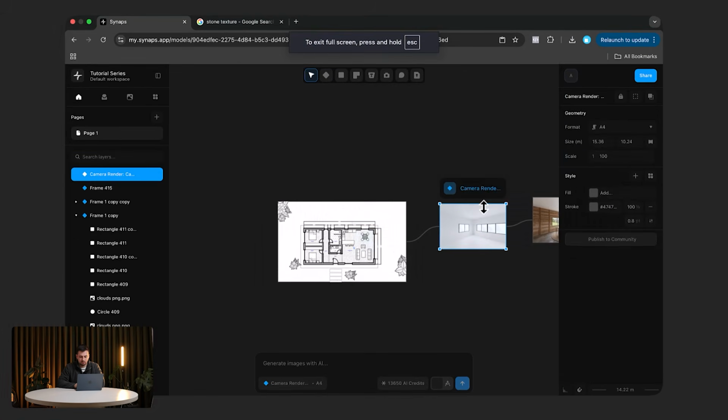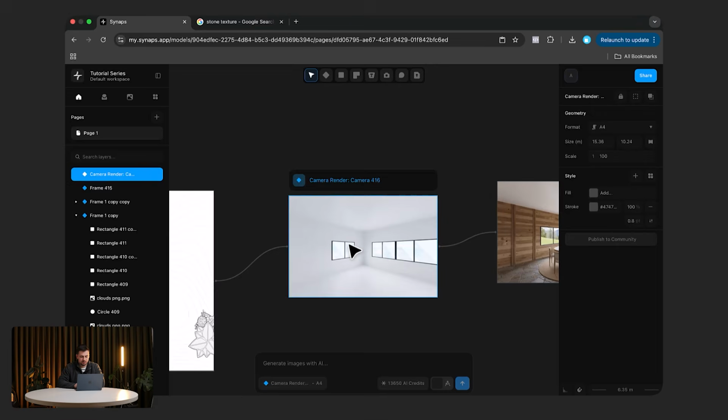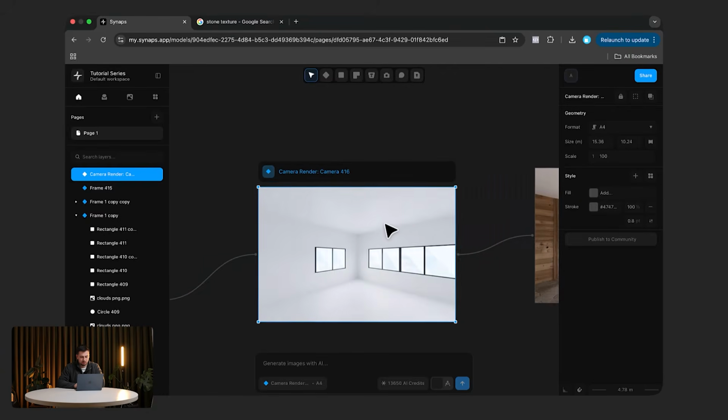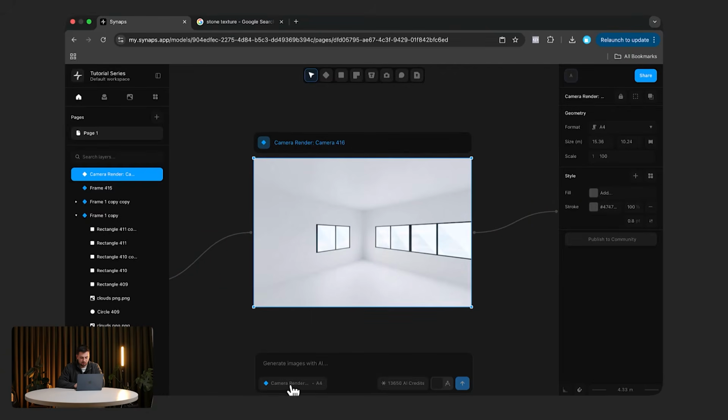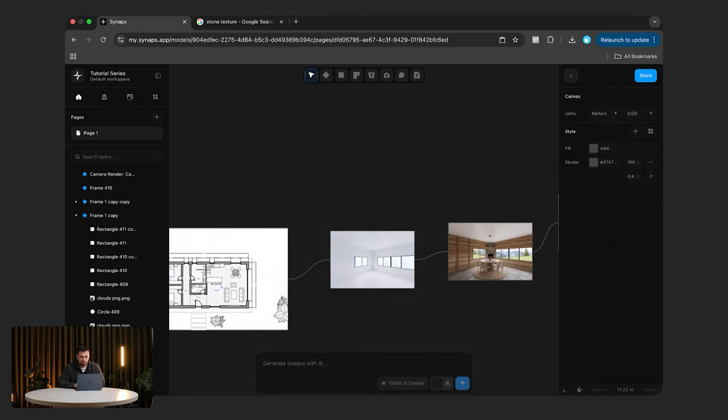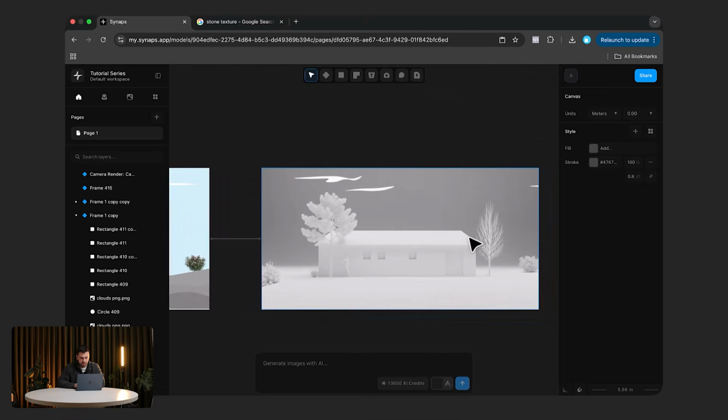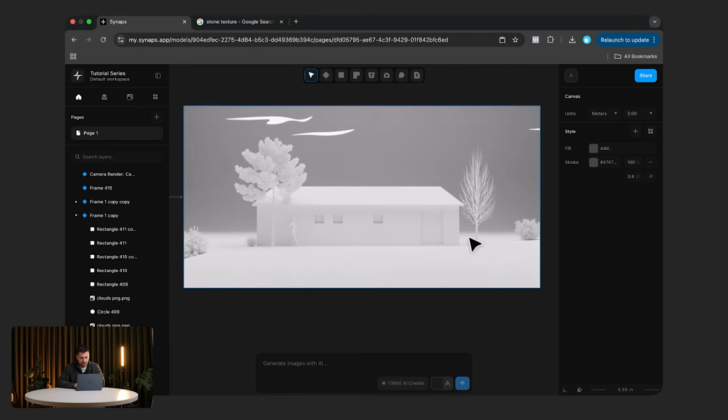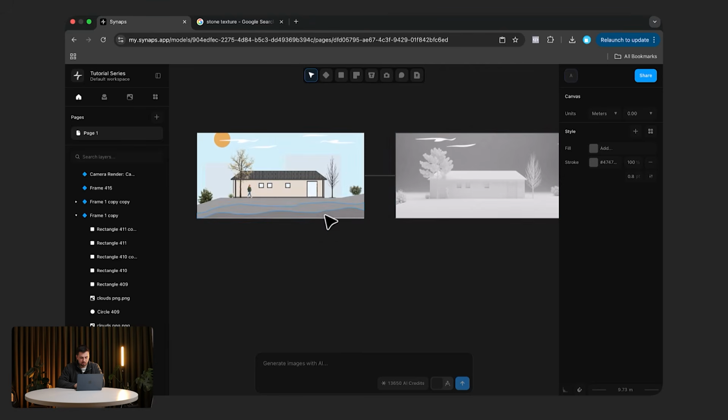And then secondly, when you iterate from frame to frame, it's very important to keep the frame selected. So you want the frame selected. That way the frame here is actually the input inside the prompt. So now we have some sort of white model, which is very accurate in terms of proportions, as you